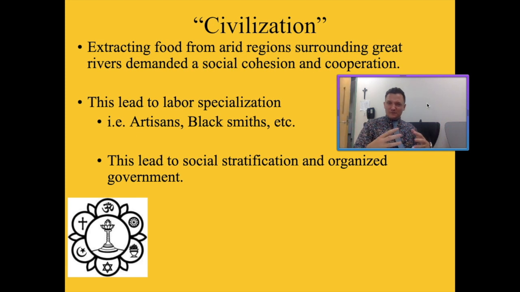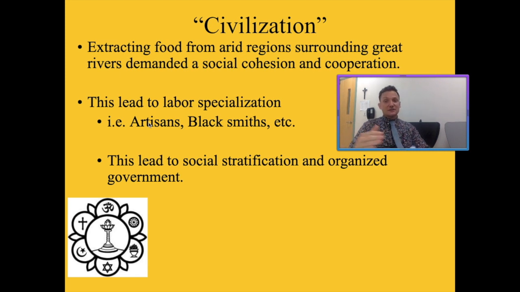There has to be a social cohesion, right? That means we have to have different individuals all working together in a unit-like group, right? So as I'm farming, creating this surplus for all of us, Mr. Mathern and Mr. Wooderson would then probably become what is known as an artisan, right? They're going to become a specialized worker, like a blacksmith, a potter, a carter, a tanner, which is somebody who makes leather or textiles at the time, right? So that gives them time to specialize in a job, right?